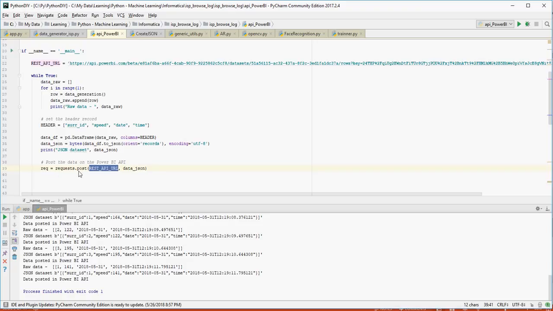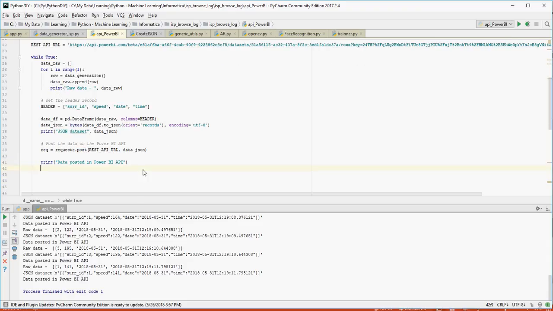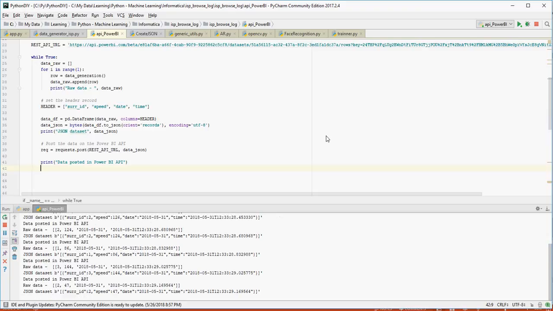Now we created a request using the REST API URL and data JSON, which is this JSON. And then I'm going to just print a message saying that data posted in Power BI API. Now let me just run this and show you the magic. So this is posted,